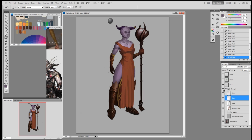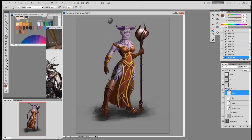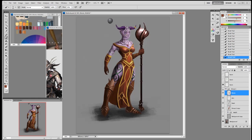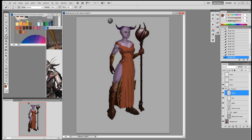Alright, go back to cloth again. Okay, and these gloves, I'm not sure if you want it metal or you want it to be cloth. Usually gloves are either leather. I guess you could have cloth also, yeah, as a glove. So I'm going to add color on the gloves, probably like this here. If it's cloth, then